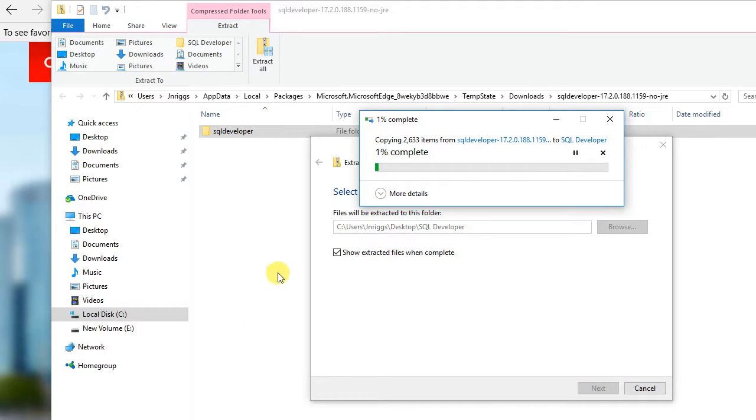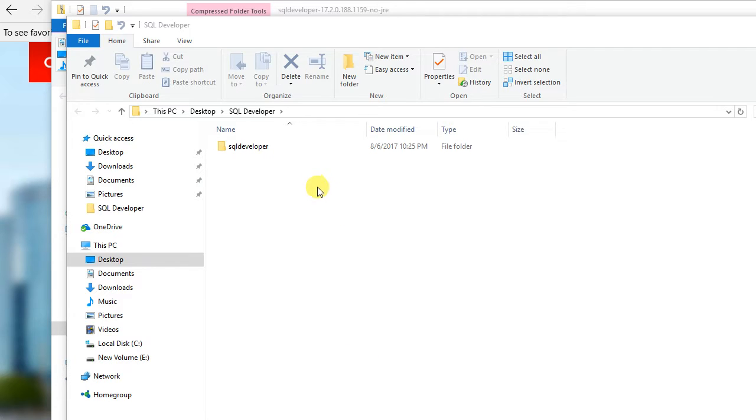Okay, so it's going to be copying 2,633 files to this folder. So it's going to take probably a good 8 minutes. So just hold on to your horses and let Oracle do its thing. Okay, all right. Okay, and as you can see, Oracle SQL Developer downloaded, and it did take about 8 minutes. So now let's open it up,